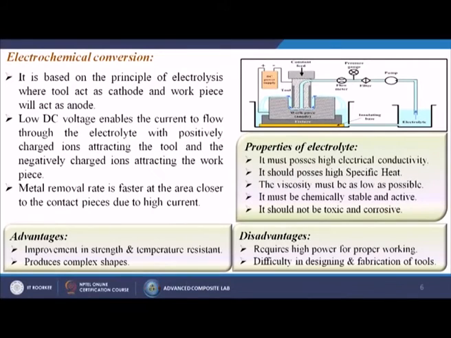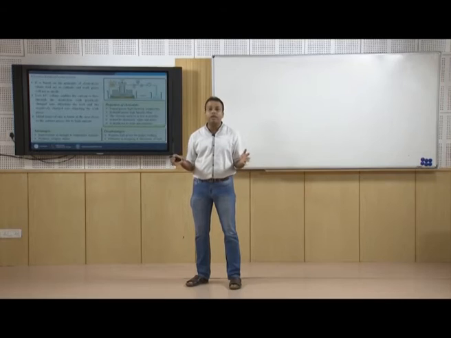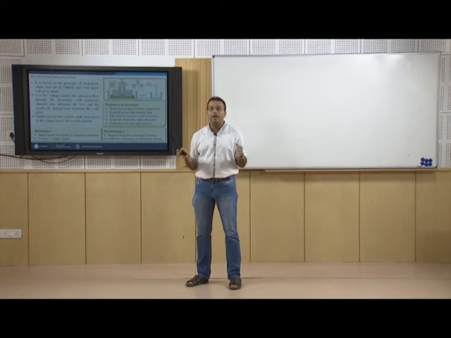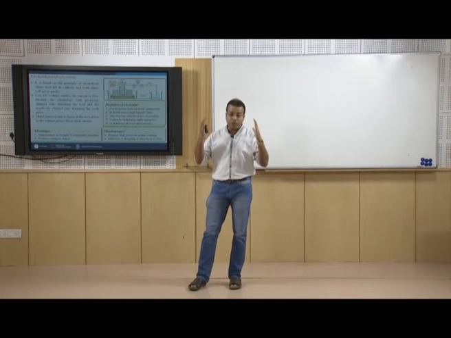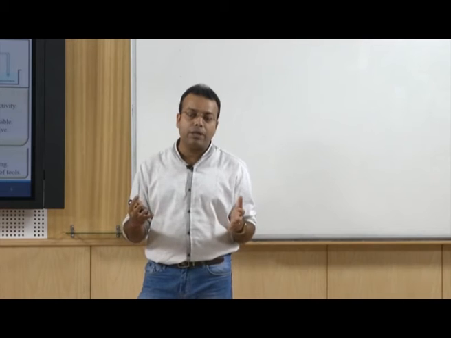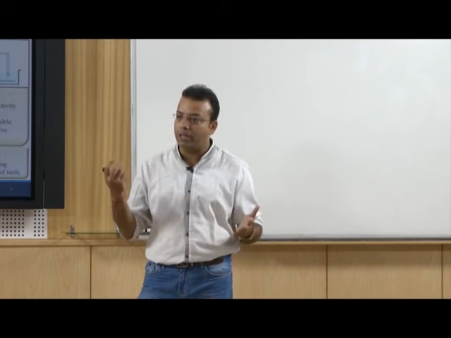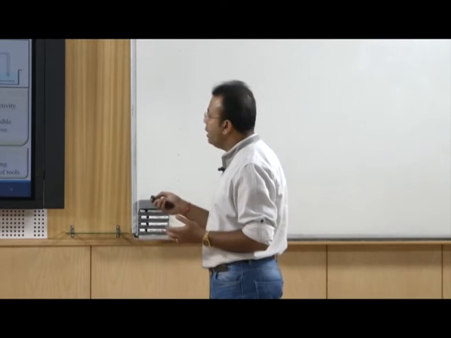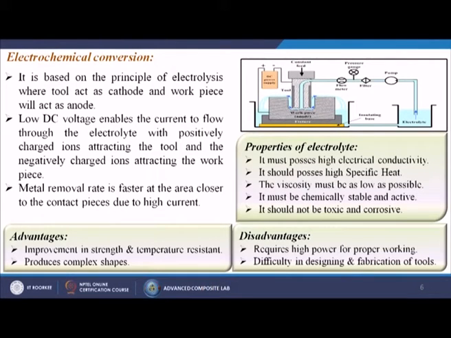It is based on the principle of electrolysis, where the tool acts as cathode and the workpiece acts as anode. From this particular case you can understand that you have the electrolyte, you are pumping that electrolyte, then you have some filter, then it goes directly and makes a certain kind of chemical reactions. Generally we call it an electrochemical machining process, in which the electrolyte, in the presence of a potential difference, creates certain chemical reactions by which you remove material. So, in some cases we also call it electrochemical machining.